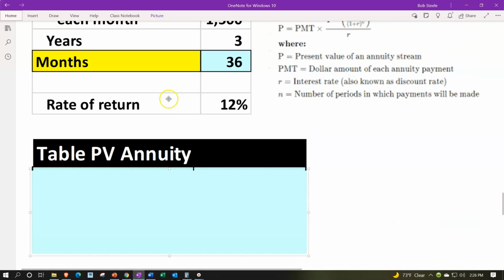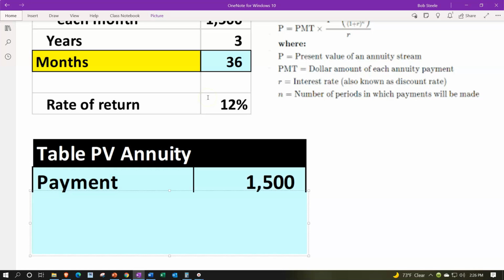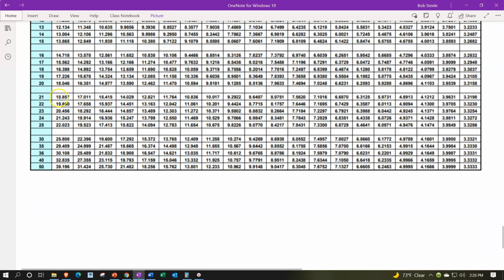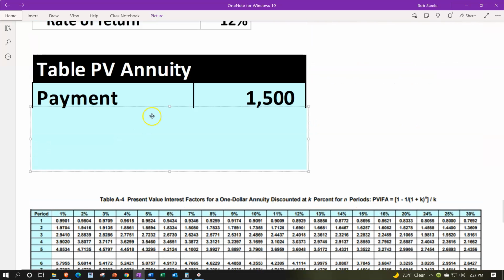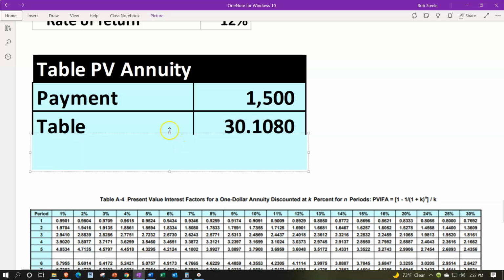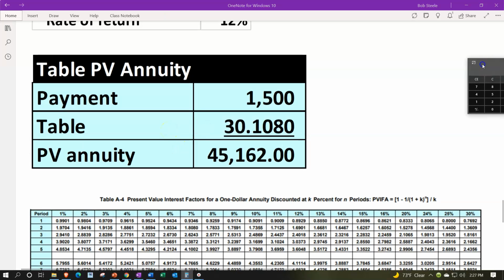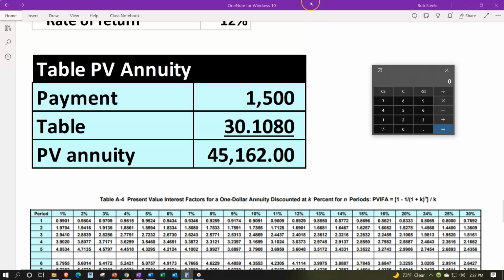So if we use the tables, we're going to say, okay, we've got this 1,500. We've got 3 years, which is 36 periods. 12%, the yearly percent divided by 12, is 1%. So we're looking at 1% and 36 periods. So we've got the 1%, and the 36 periods, which is going to be 30.108. 30.108 times the 1,500 is going to give us about 45,162. Let's do it. 1,500 times 30.108 is going to give us exactly 45,162, which is slightly different